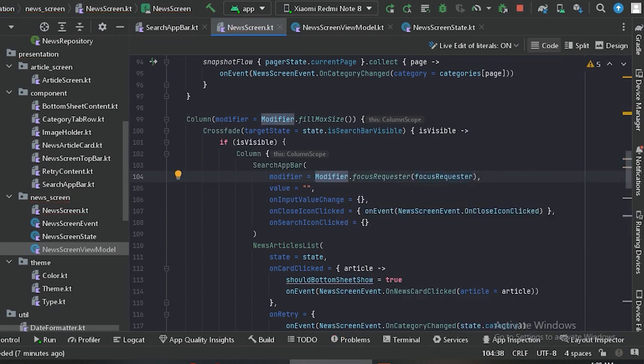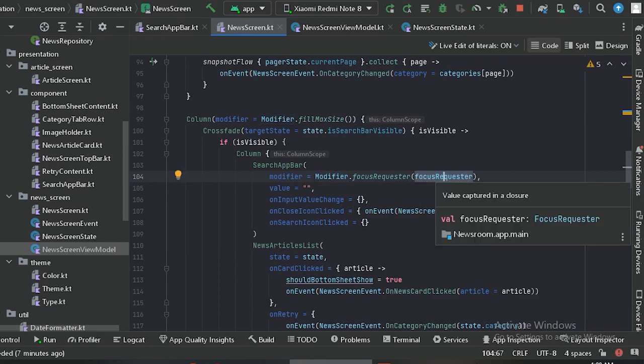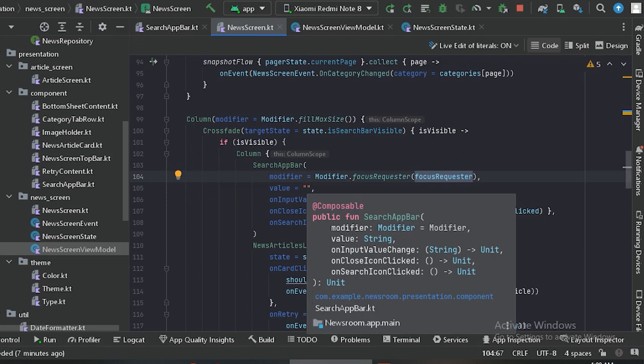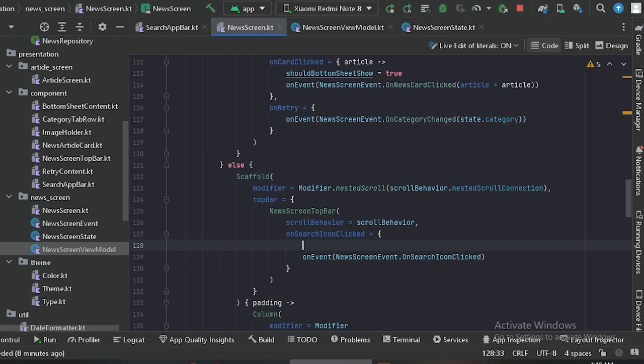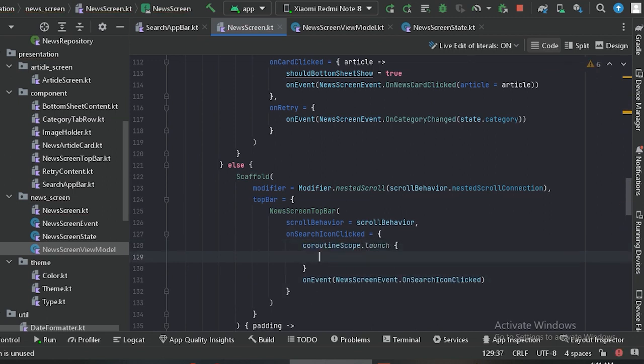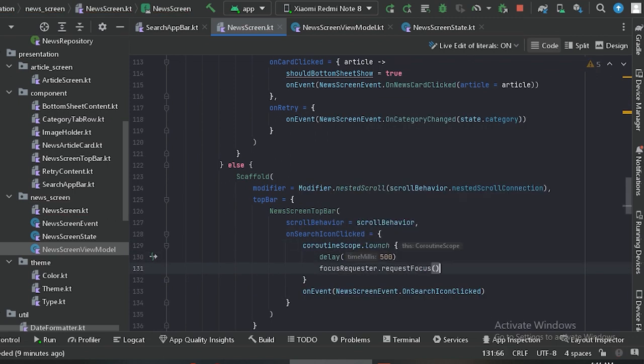With the help of this focus requester modifier, I have passed that focus requester value. And now we need to define when it should focus on this search app bar. It should focus when the user clicks on the search icon. Now let's go to the on search icon clicked. So here we will say,